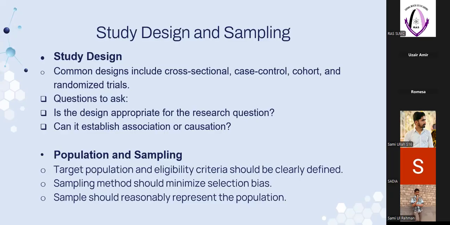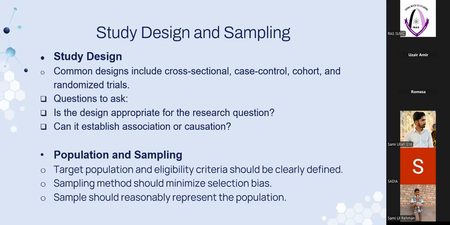If the research is targeted on the medical students of Sahiwal Medical College, then it should represent the entire population. But the problem is we cannot go to each and every single individual. So we have scientific methods to calculate a specific number of people from the entire population, so that if we get this many forms filled, it will be a representation of the entire population. So the sample size for each and every study should be strong enough to represent the target population in a good manner.